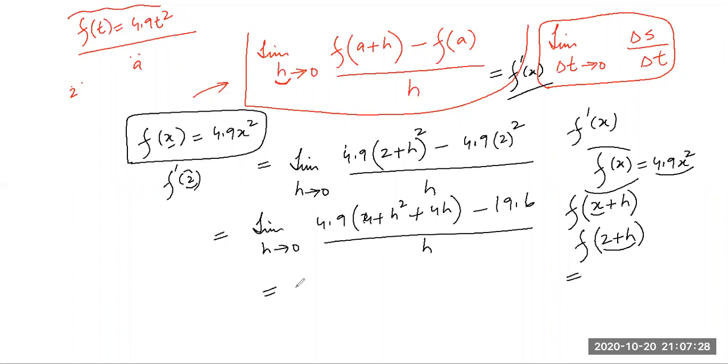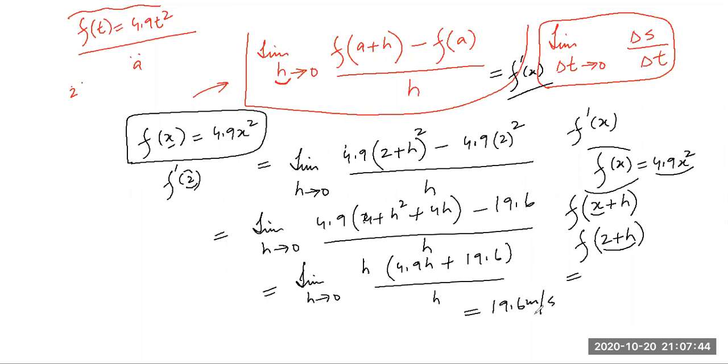And this is equal to limit h approaches 0. I can take h common. I will get 4.9h plus 19.6, divided by h. h cancels with h. I got 19.6 meter per second as the answer. And that is the correct answer. My intuitions are proven right. I've successfully today